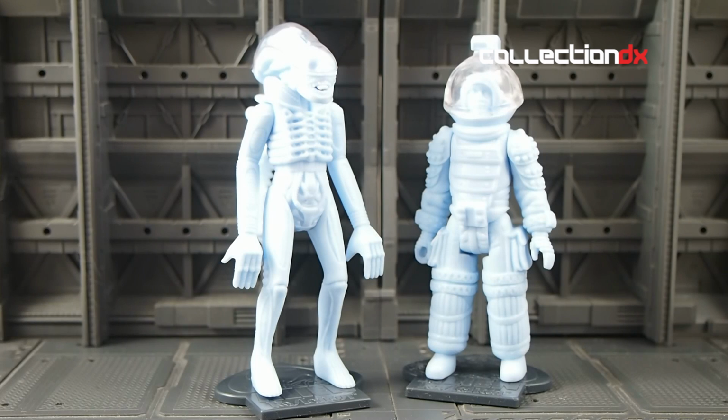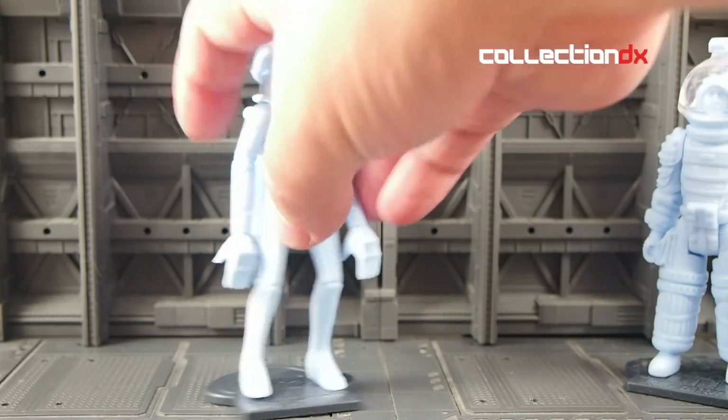This is a preview of the exclusive Alien ReAction promo samples that are going to be a San Diego Comic-Con exclusive. These are put out by Super7. So first and foremost, thank you to Super7 for these samples. These will be one of 4 different exclusives that they will be offering at their booth at San Diego Comic-Con 2013. The idea here, from the movie Alien